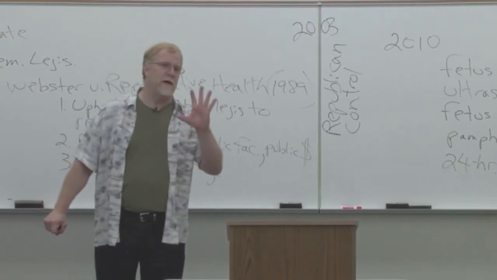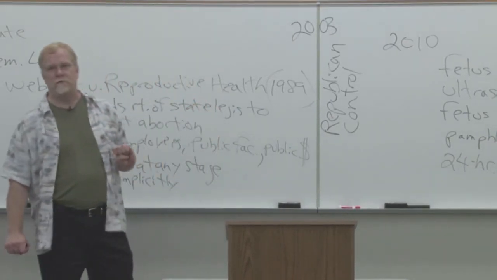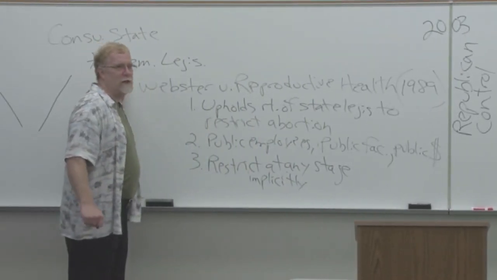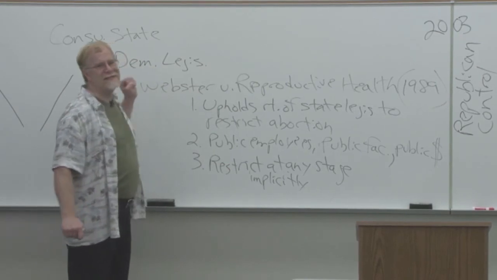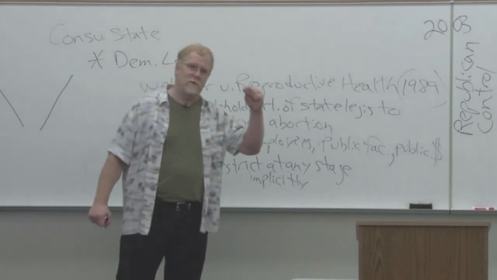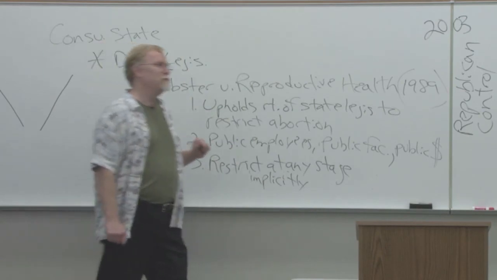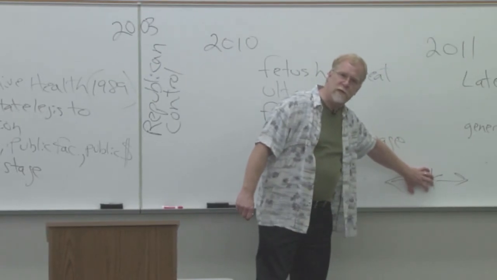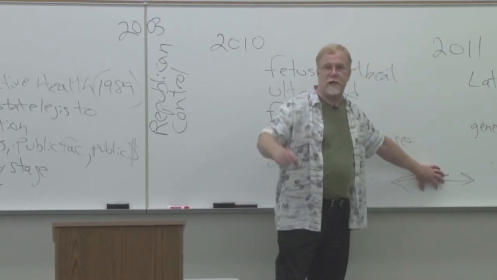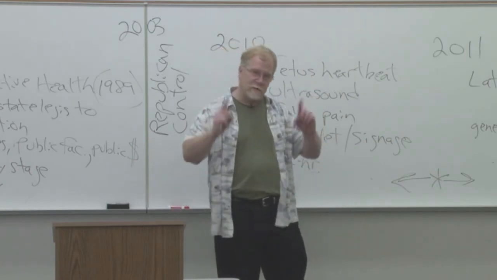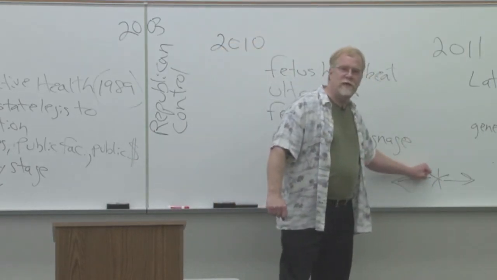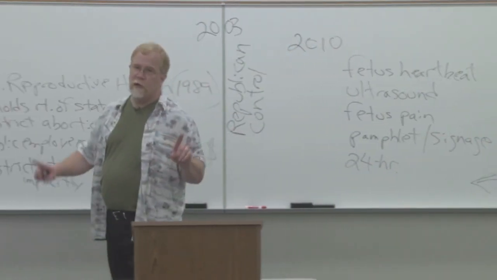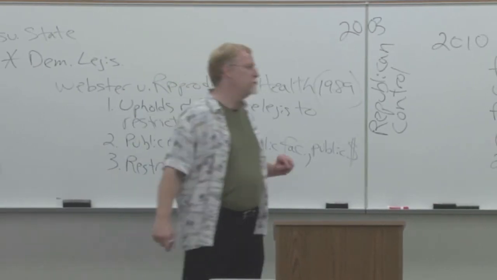Again, the issue of what kind of Democrats do we have in Missouri? The answer is, as we talked about before, even going back to the 1973 era, there's a significant conservative vein that runs through the Democratic Party in the state of Missouri. So there may be some political implications for a governor running for re-election to veto the bill, to make some people upset, or to sign the bill, to make some other people upset, but ultimately the governor allows both of these bills in 2010 and 2011 to become law, and so Missouri again restricts the availability of abortions.